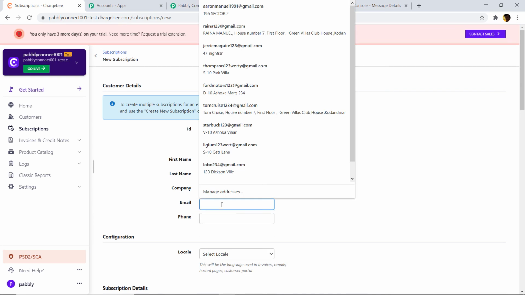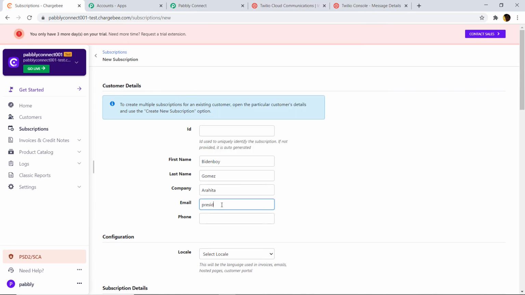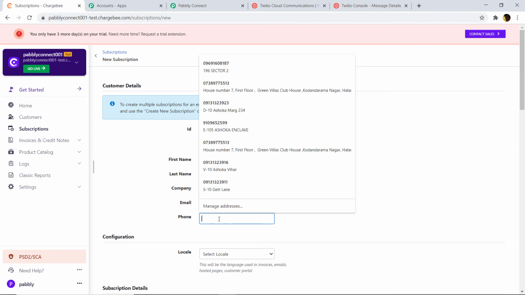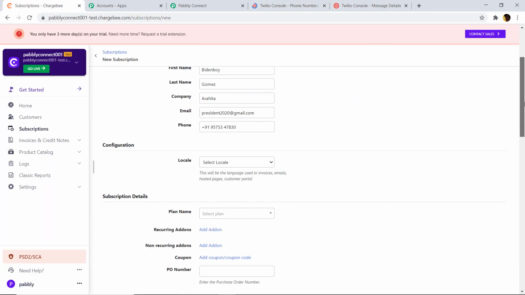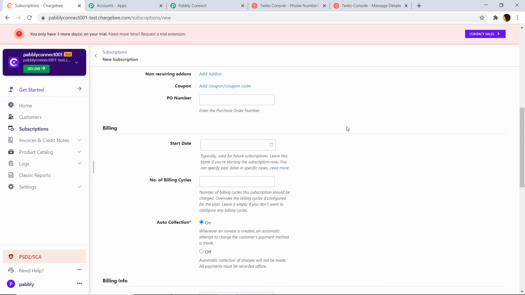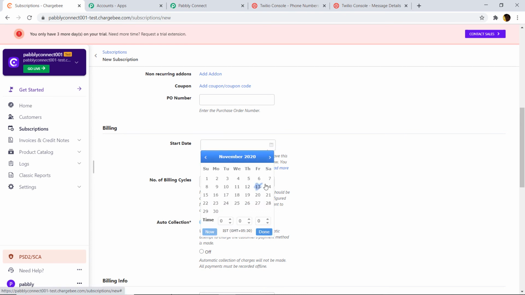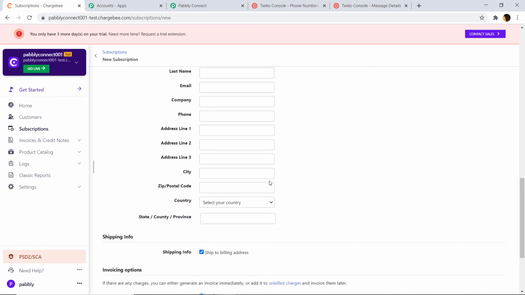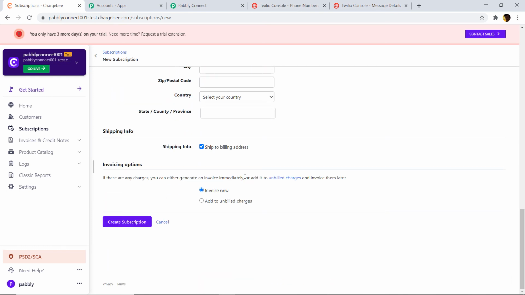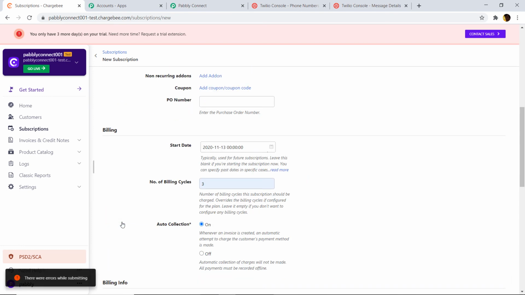The email is president2020@gmail.com, and this is the phone number. Okay, we have entered the phone number, we are ready to move on. The start date of the billing is, let's say, on 13th. The number of cycles is 3. We do not need to fill the rest of the details. Just click on create a subscription.